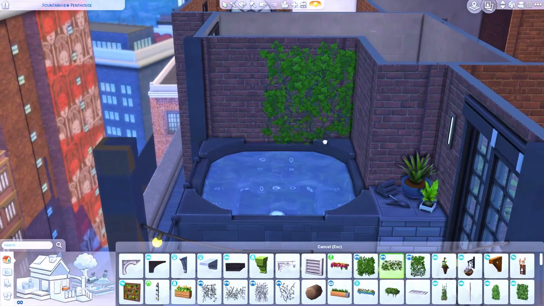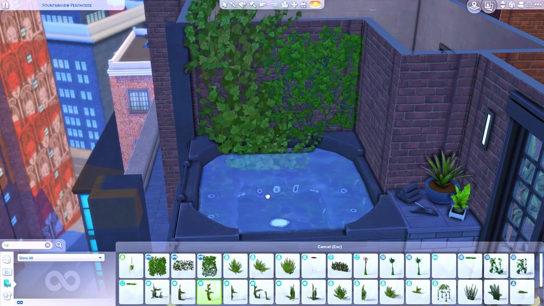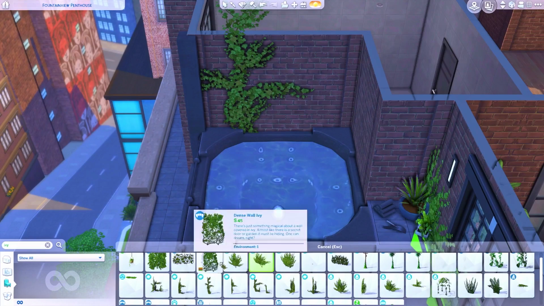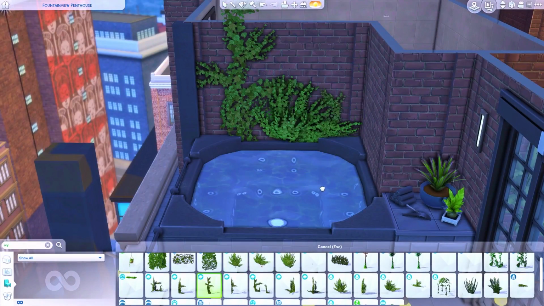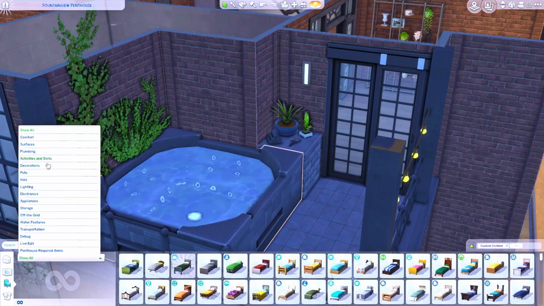But as you can see, now I've moved on to the upstairs portion, and I've started furnishing this little balcony area at the back. So it's got a hot tub. I really didn't know how to decorate this because I wanted it to be quite romantic, but I didn't know how to do it romantic and still industrial. And so I decided to put a bunch of ivy behind the hot tub,